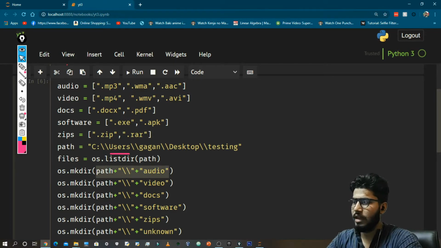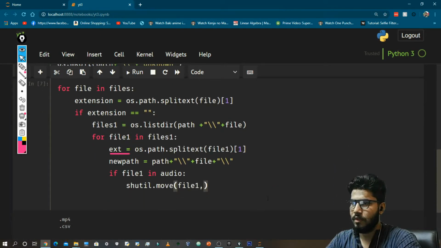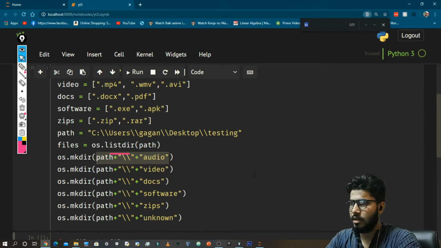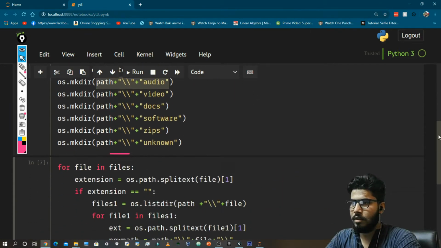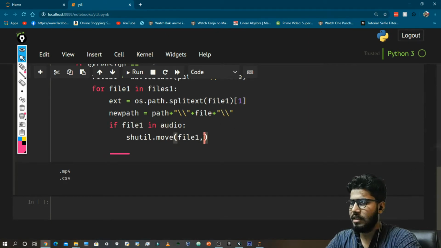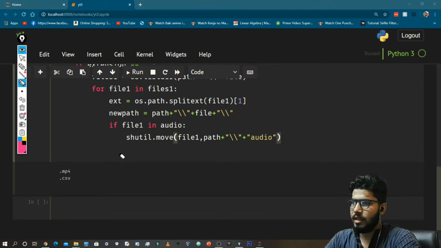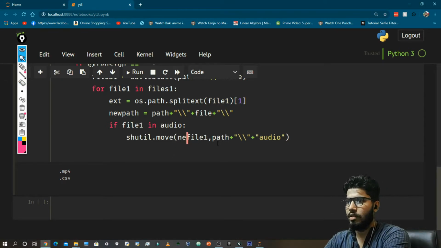We need to move it to this path. Oh, wait a second. We need to move it to this path, and what we also need to do is new path plus file1.